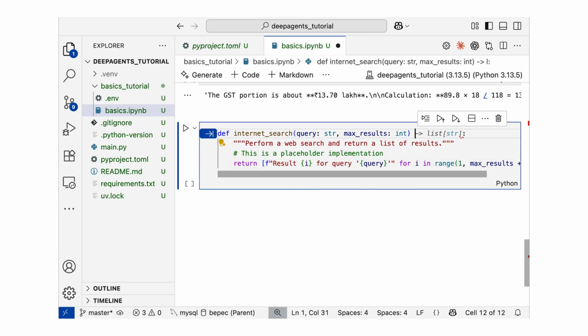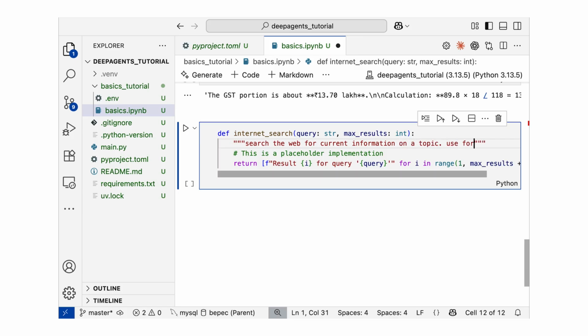Is there a need to define the output? Not needed. The output may vary, it can be a string or anything. Now let me write the docstring: search the web. In simple terms, a docstring works like a prompt for your LLM, for current information on a topic